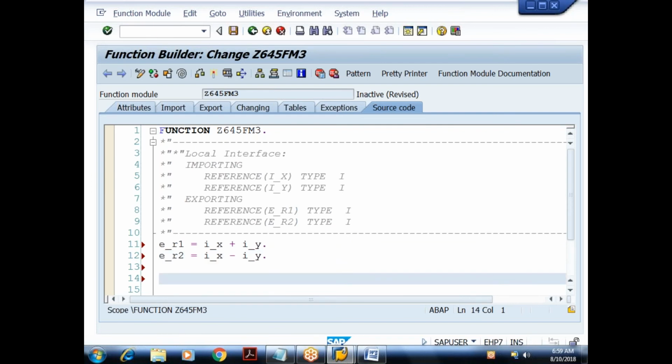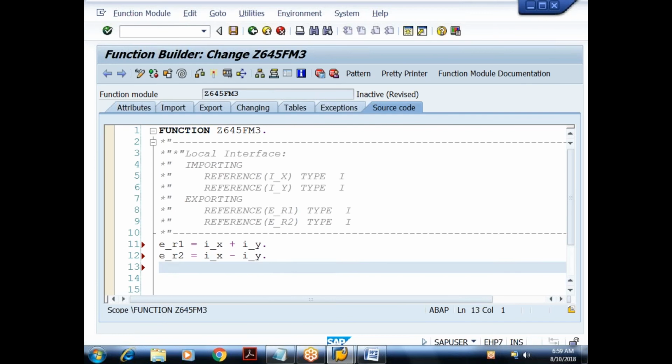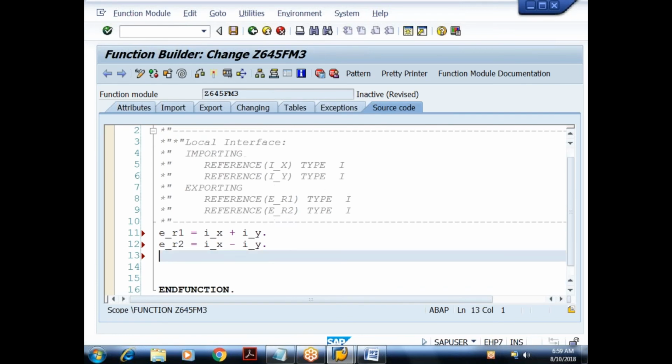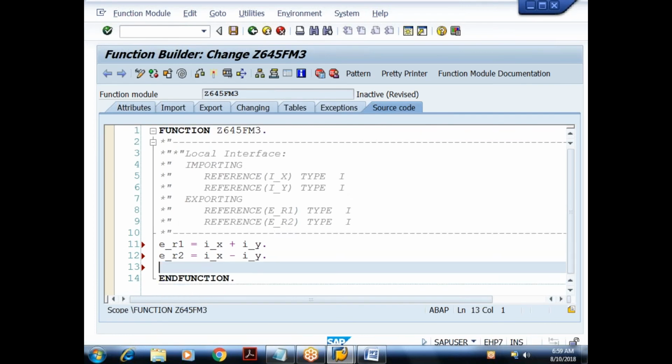If you take C++ or Java, if a function or method has to return a value, we have to use the return keyword. But here, since these two parameters are export parameters, they are considered return values. How many values are you returning here? More than one value. In other programming languages, we can return exactly only one value. Here I can return any number of values. Done. Let me save it.